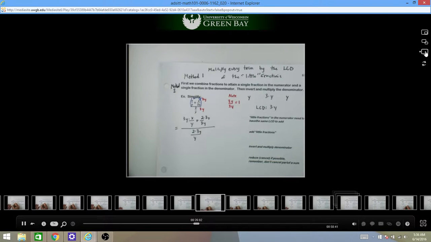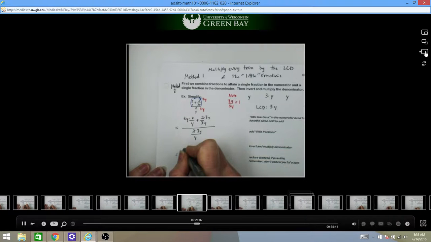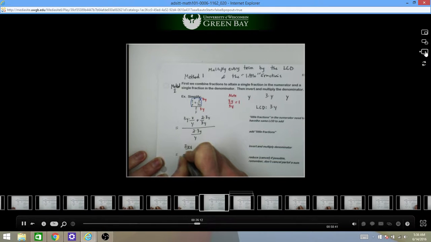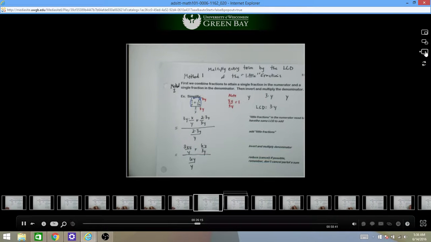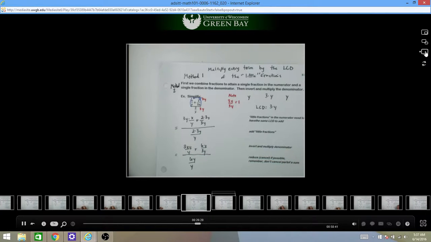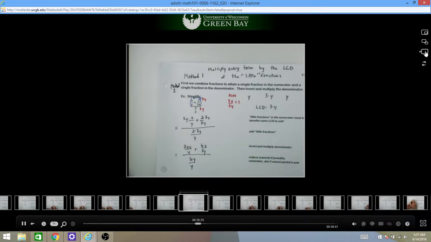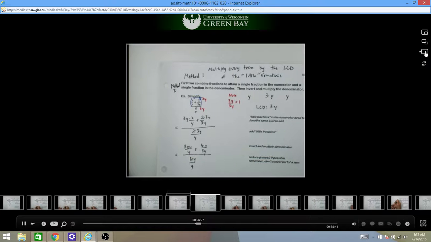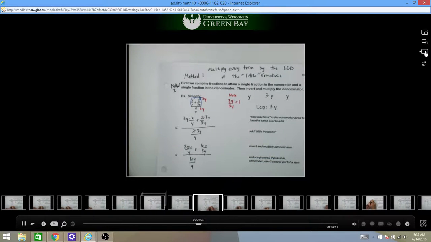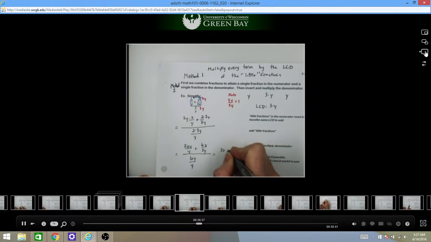So what you have going on then is you have 3xy over y plus 6y over 3y, and then 6y over y. So the 3y you're multiplying by is like a 3y over 1 and a 3y over 1. So the 3y you're multiplying by just ends up in the numerator of each term. So these all reduce. The point is these all reduce. So your y's cancel and you get 3x, and your y's cancel and your 3's cancel and you get 2, and your y's cancel and you get